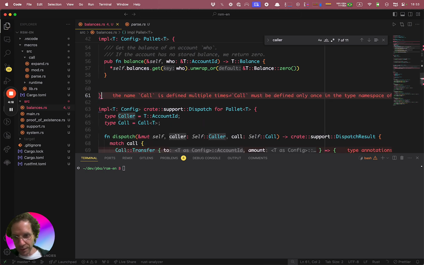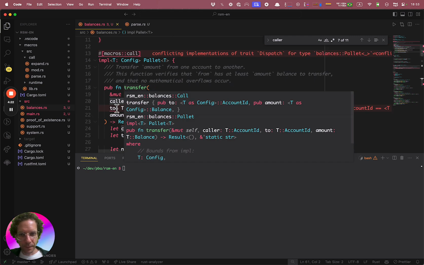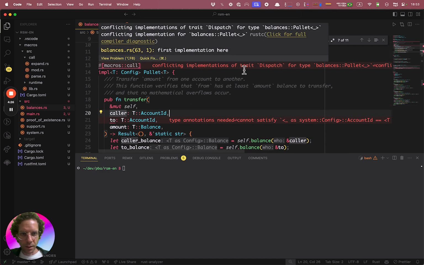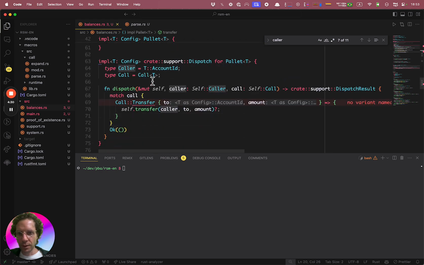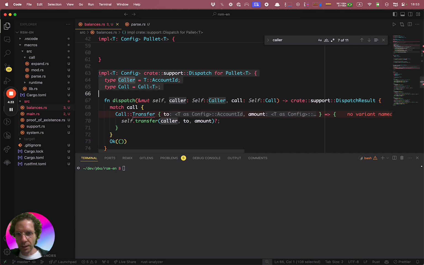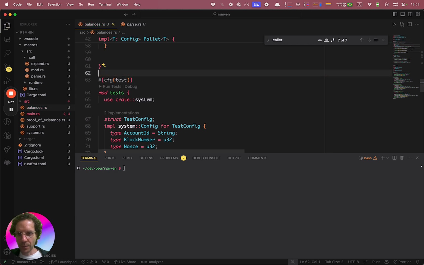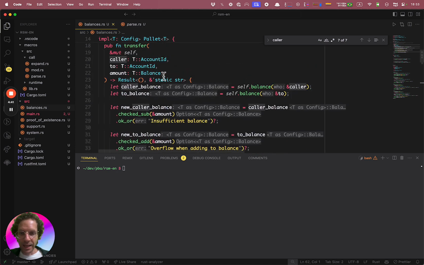So let's remove this enum from here, and the transfer dispatch, we don't need the dispatch as well, so let's remove the dispatch. Everything here needs to be removed, so remove the dispatch and everything is fine,